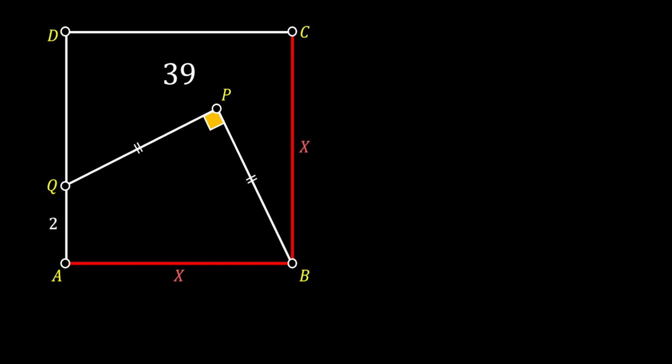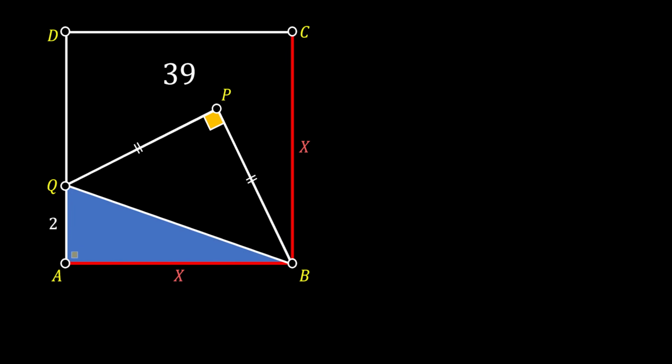Now let's pull a line from the point Q to the point B, and in this way we will form this really nice right-angled triangle ABQ. And we can use the Pythagorean theorem on this triangle to calculate the hypotenuse BQ. So BQ squared will be equal to the sum of the legs AB squared and AQ squared,